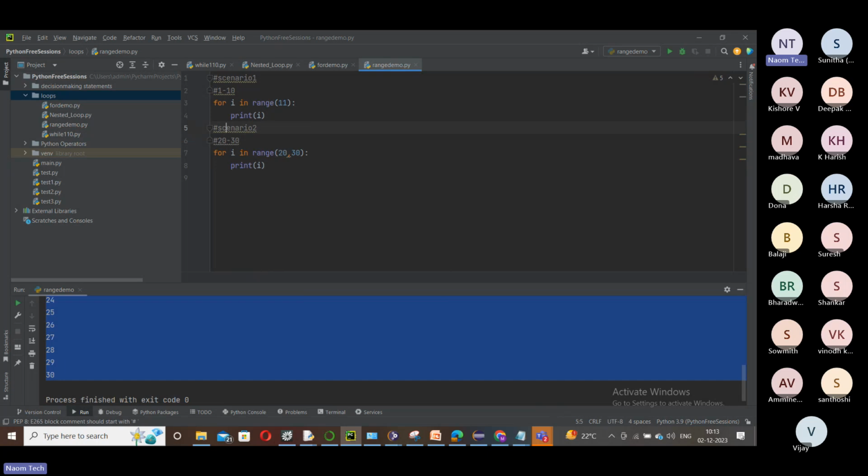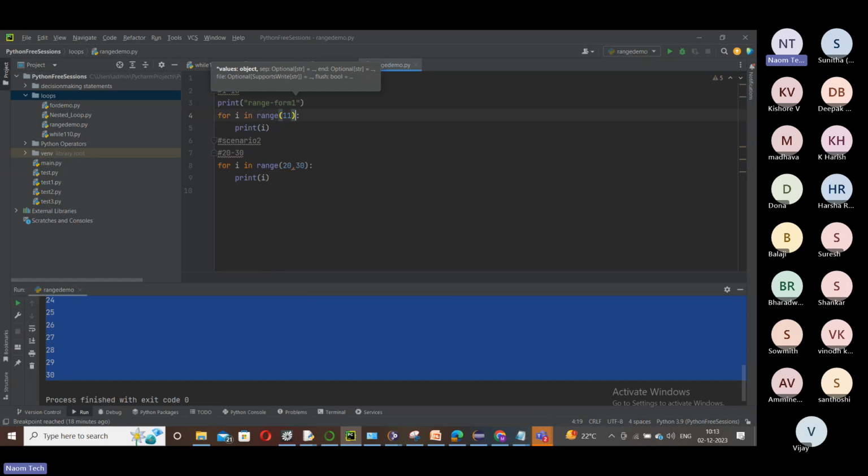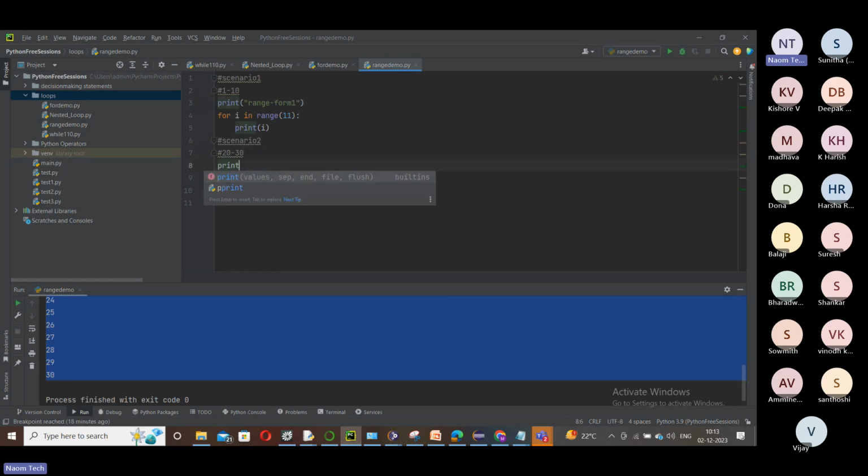Let's have all in one program, no problem. You can just add a simple print here after printing. Simply add range form 1. And again for scenario 2, you can add a print here, simply range form 2. You can keep adding comments to make it more clear, to have a clear output.